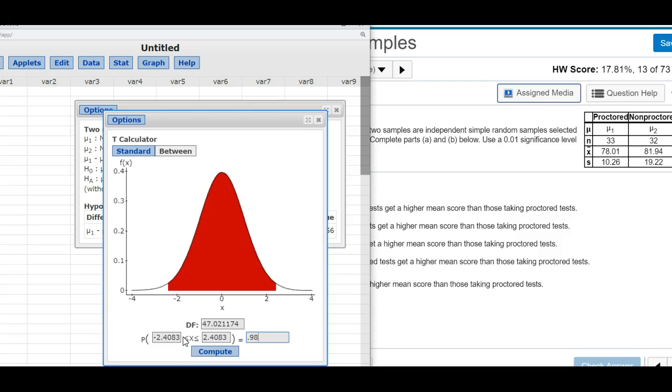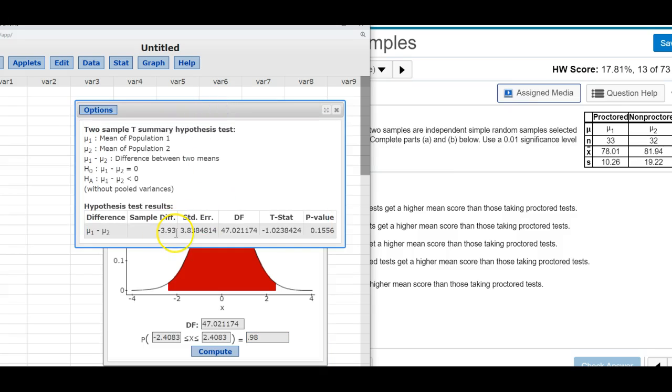That gives me 2.4083 for this degrees of freedom, so write that down. Then going back, the sample difference is minus 3.93 plus or minus